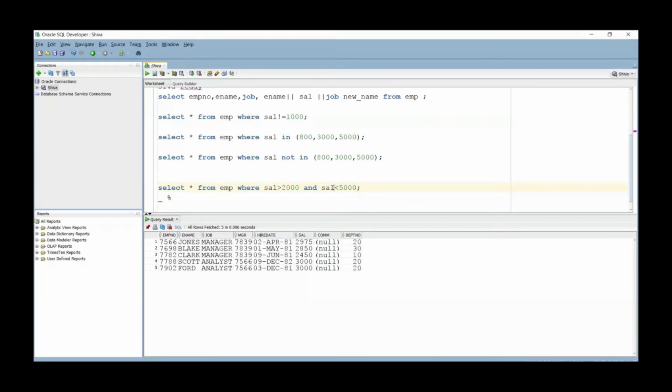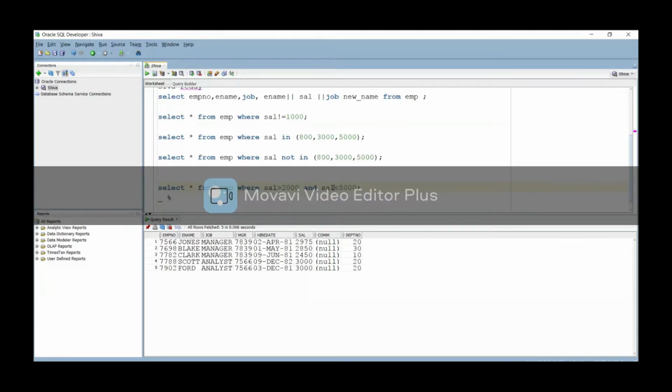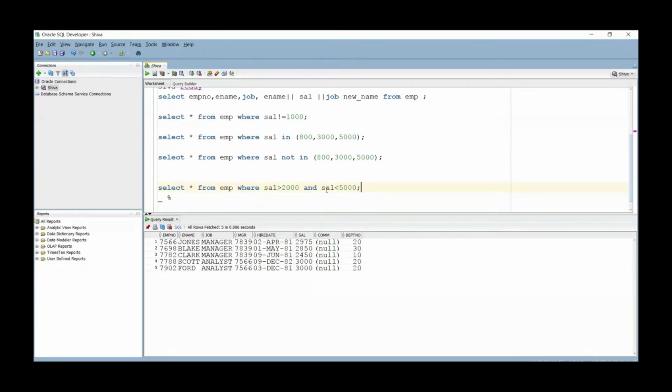While retrieving the data, you are going to compare whether the salary is greater than 2,000 or not. You compared it. This condition is satisfied. This is true. This is true.